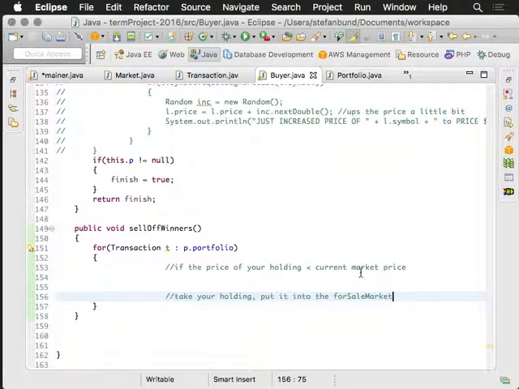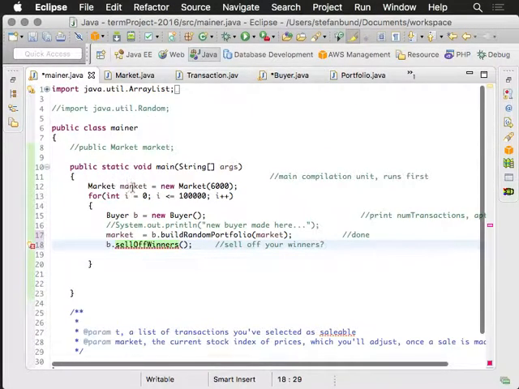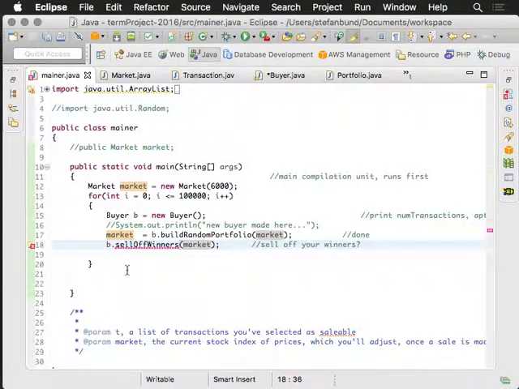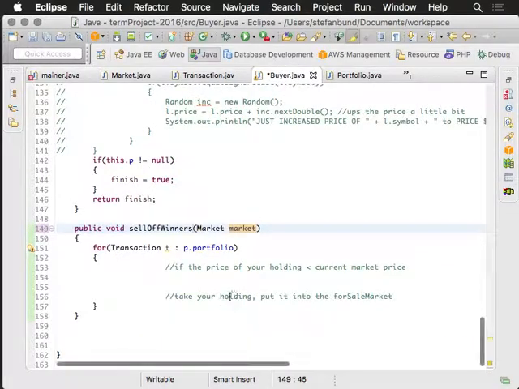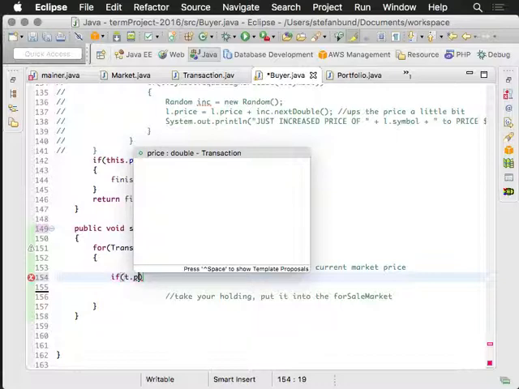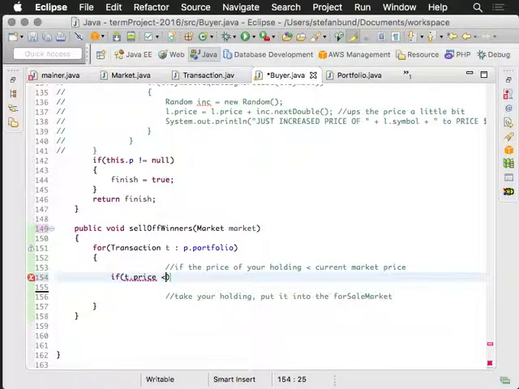So there's a couple of things that you might want to get. You actually might want to get the current value of the market, because frankly the market is where the current pricing index is, and a market really has all the current, and so maybe you want to send it the market, which takes additional time, but you have to take that time somewhere. So for that transaction in the portfolio, if for example t dot price is less than